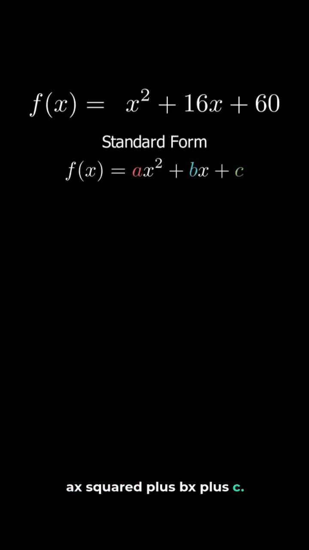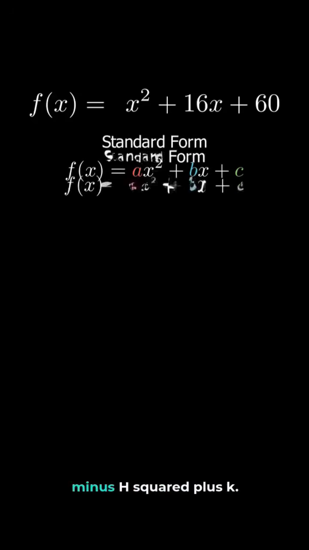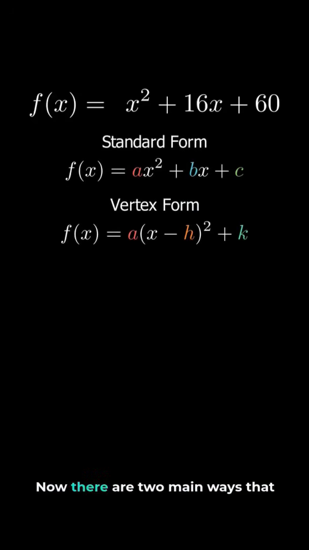Let's go over how to convert a quadratic in standard form to vertex form. As a refresher, a quadratic in standard form is any quadratic in the form of ax squared plus bx plus c, and vertex form is any quadratic in the form of a times (x minus h) squared plus k. Now, there are two main ways that we usually convert a quadratic from standard to vertex form, and I'm